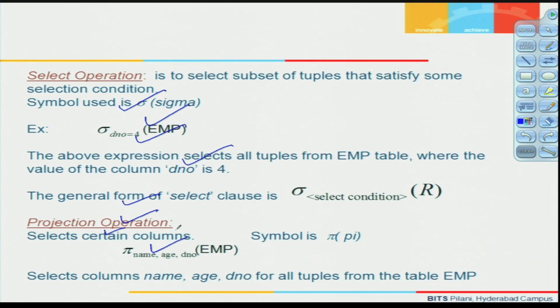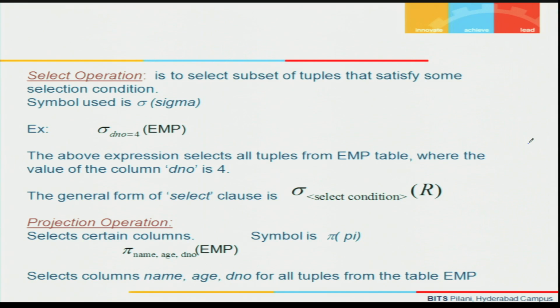First, we will see what a select operation is in relational algebra. This operation is to select a subset of tuples that satisfy some selection condition. Suppose there is a relation or relation instance which comprises some tuples, and you want to select only some of the tuples based on some selection criteria, then we can use the selection operation. The symbol used to specify this operation is sigma. This is the symbol used to specify the select operation. For example,